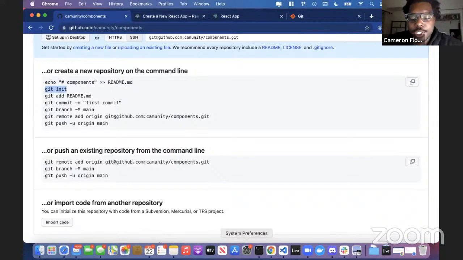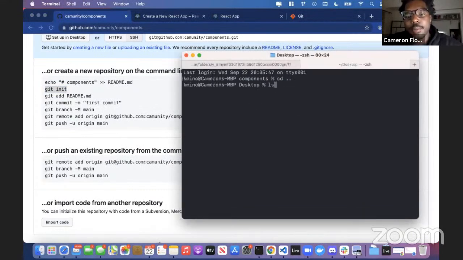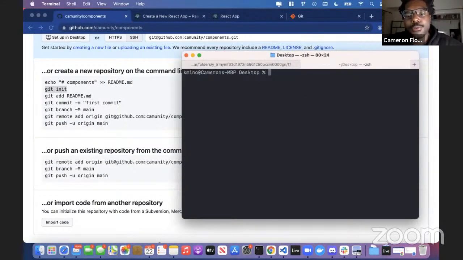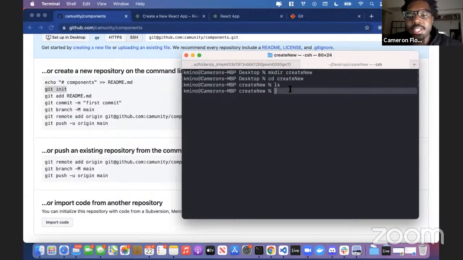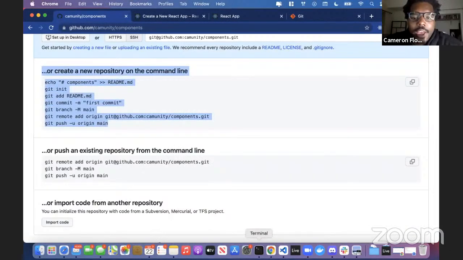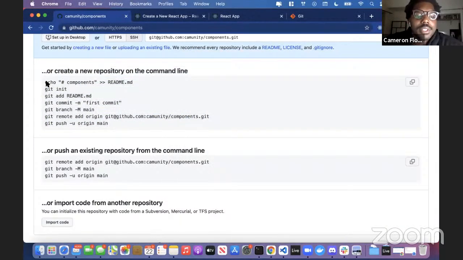So just to show y'all what I'm talking about, I'm gonna get out of this components folder. I'm on my desktop, and I'm just gonna make a new folder called create new, and then change into that folder, right? So this is just an empty folder. As you can see, when I list it, there's nothing inside of there. So this first set of commands is for a situation like this, where you have just an empty folder with nothing inside of it yet,